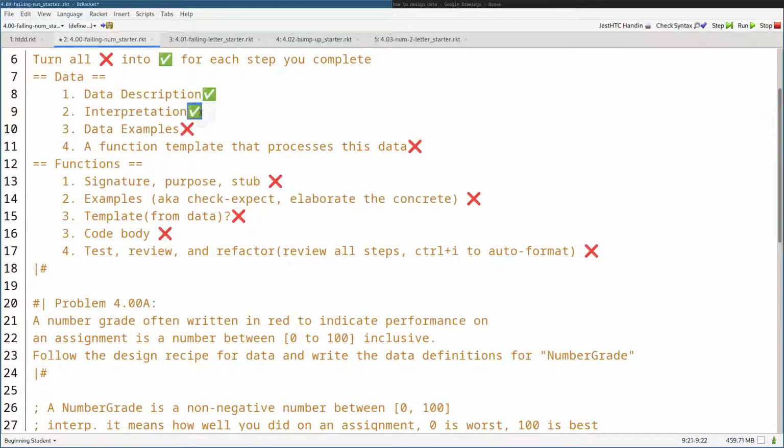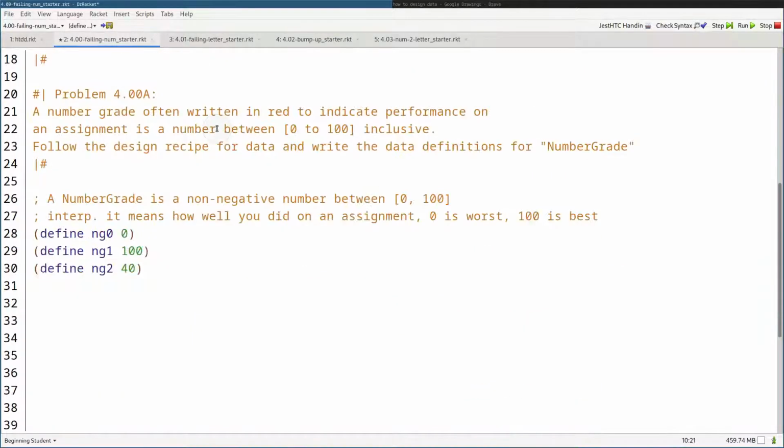So that's the data example step done. Next, let's move on to the function template. All right. So the template is going to be called NumberGrade temp, short for template. It's going to consume a number grade. All right. And produce, we don't know yet because this is just a template. So NumberGrade temp,